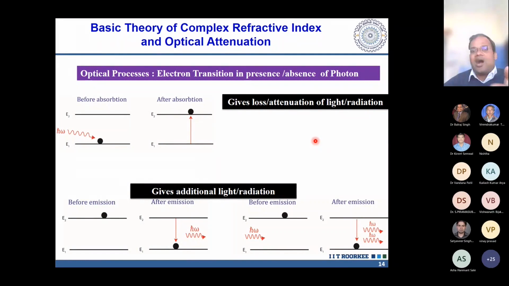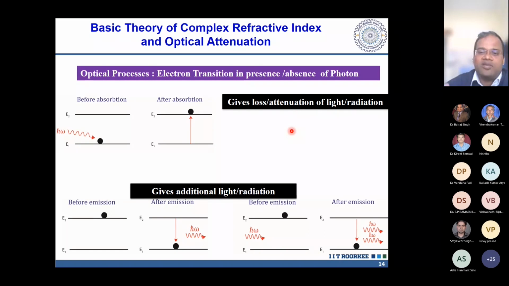So how does all this work? If we go to the basic physical science theory, you all know that if we have a ground state and an excited state, this is a two-level system. When a photon is incident, it will take the atom into the higher state. This photon is basically absorbed by the atom, so the radiation is attenuated. The radiation has gone into this atom, and the atom now attains the higher excited state. So this will give you the loss or the attenuation, and we will deal more with it in the coming slides.